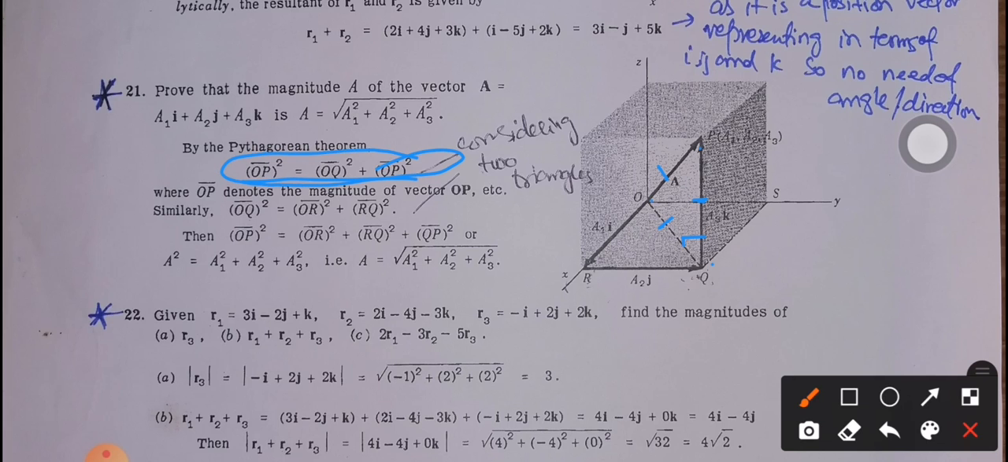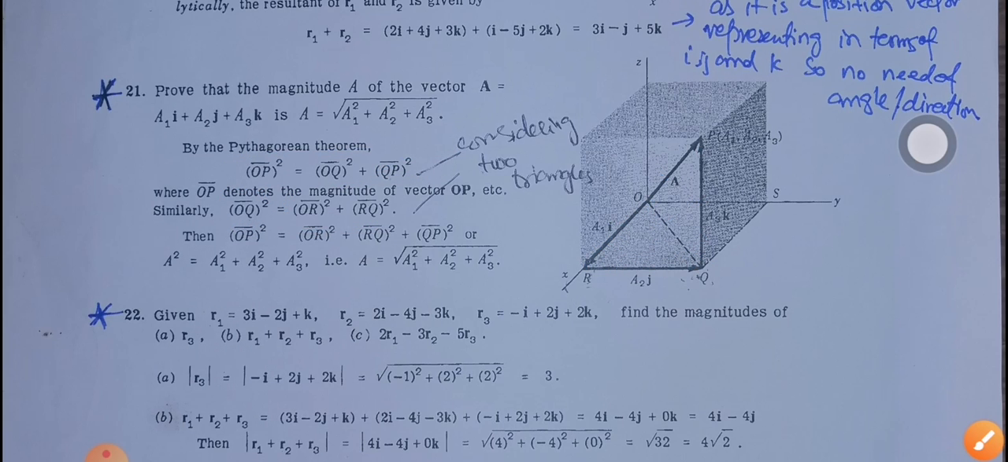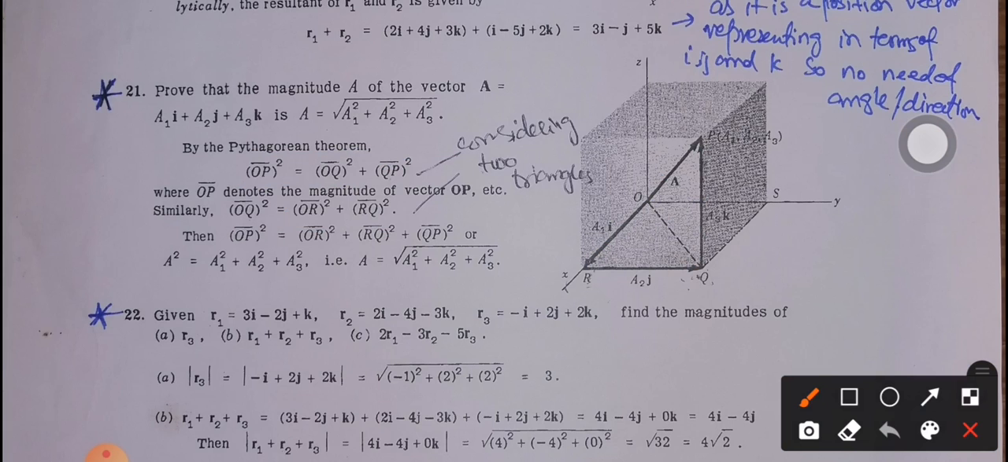Now come to the second triangle, the triangle ORQ. In this triangle we know that the x-axis and y-axis are at 90 degrees, perpendicular to each other. It means this angle will be 90 degrees. So if this is my 90 degree angle, this is the hypotenuse, this will be the base, and this will be the perpendicular. In this case the Pythagoras theorem gives OQ square equal to OR square plus RQ square. Now I simply put the value of OQ square in the above equation, and we are left with OP square equal to OR square plus RQ square